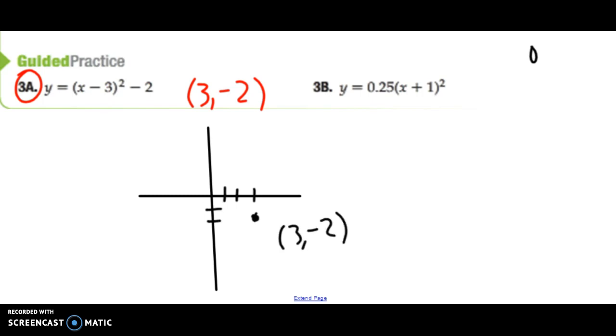Now let's see if I put 0 in for x. 0 minus 3 is negative 3. Squared is 9. 9 minus 2 is 7. So there's 0, 7 right there. And so the axis of symmetry right here is at 3. And since I'm 3 units to the left this way, I got to go 1, 2, 3 units to the right there. And then we can just connect the dots. And we'll see if we have anything that looks just like